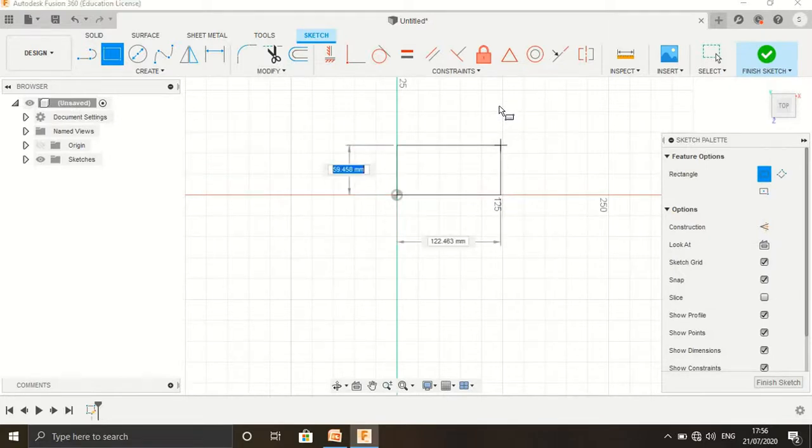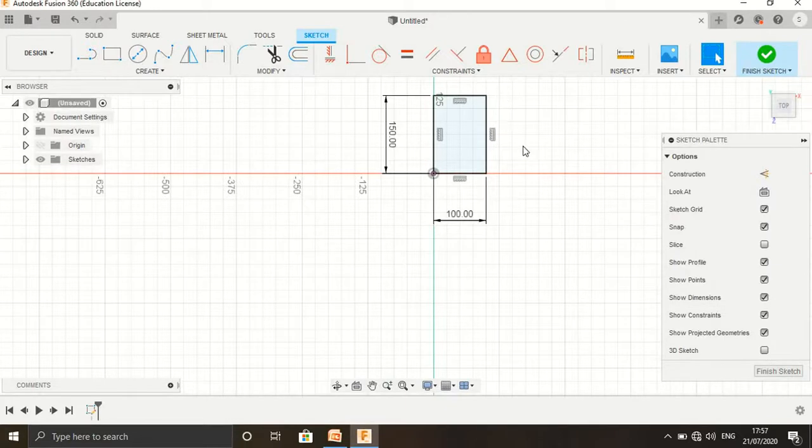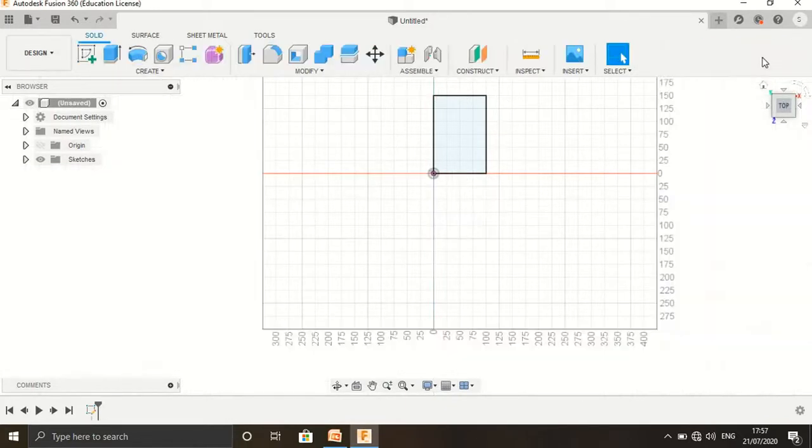Take a 150 and 100 width rectangle. Then finish the sketch and go to the home.